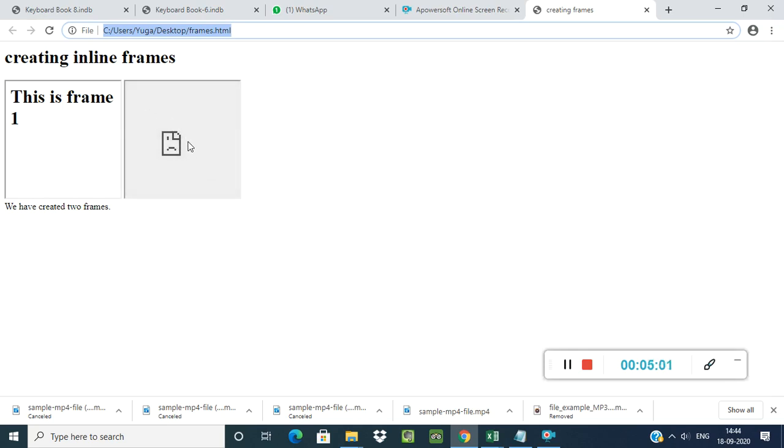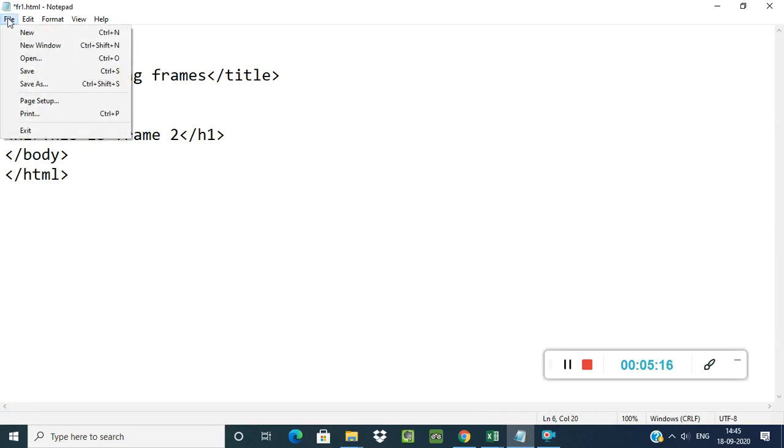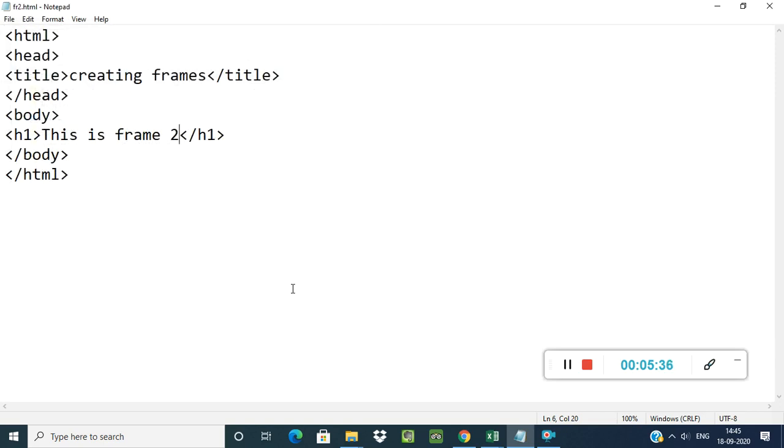Nothing is showing here yet. Now open your notepad file and I will edit this file. This is frame 2. Now I will save this file. Go to File and click Save As, because you need to rename this file, frame2.html, and click on the Save button.